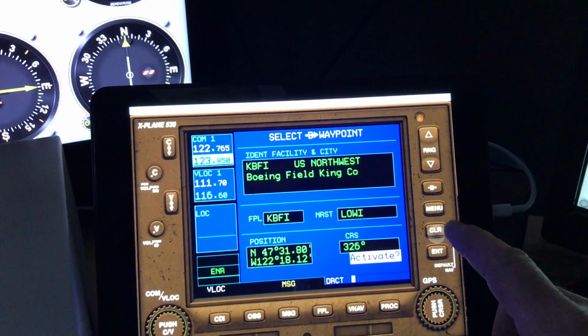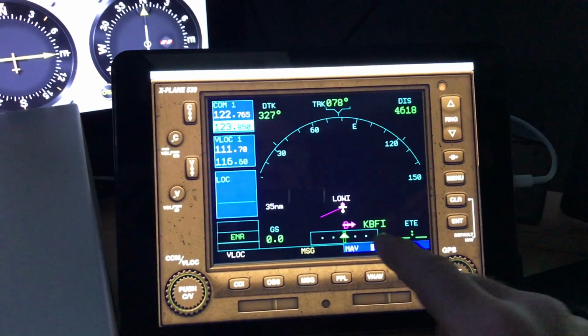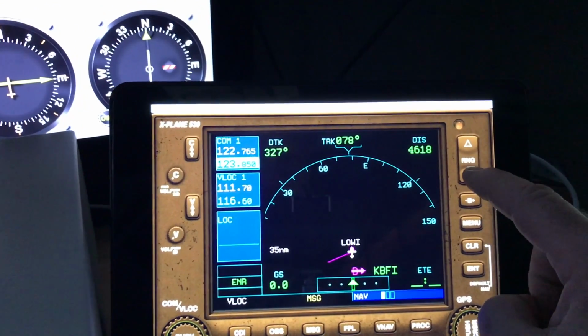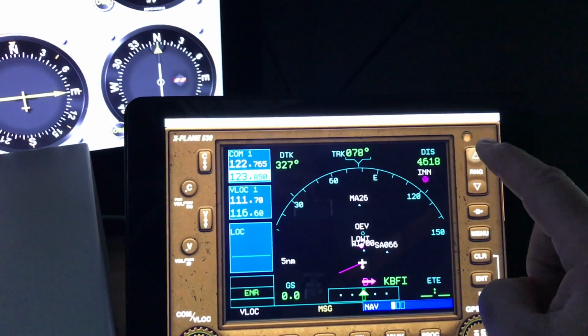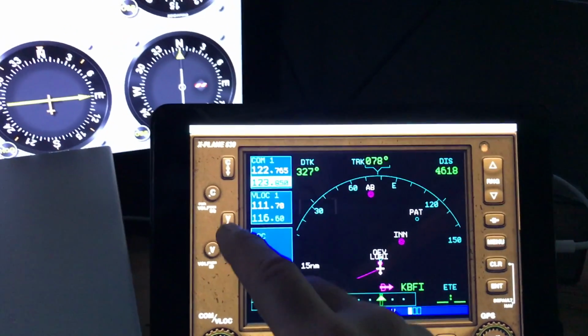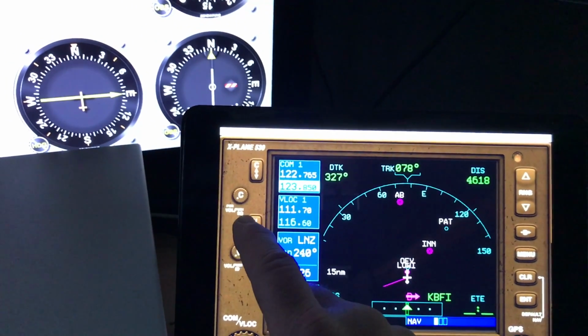I can say clear. I can demonstrate the range change here. See the range? Hitting the range button, I can bring the range back out. Over here I can swap the